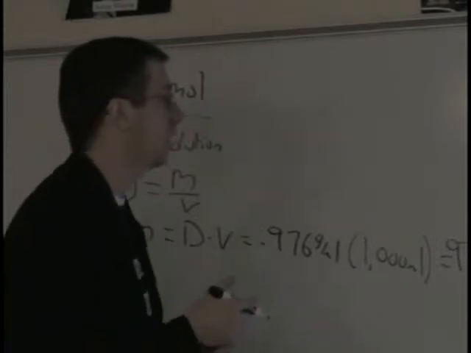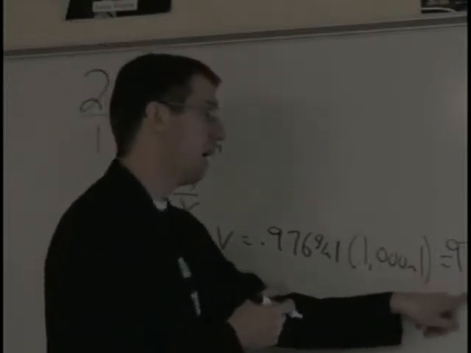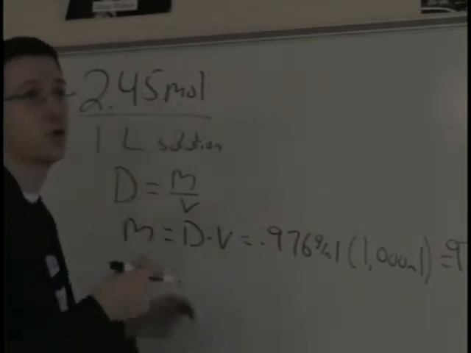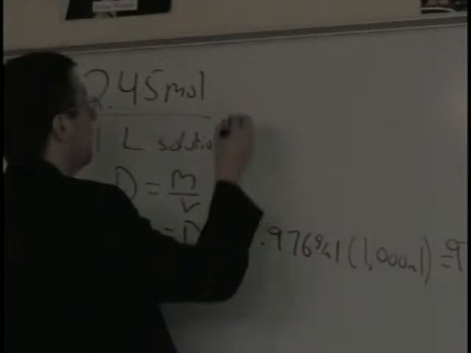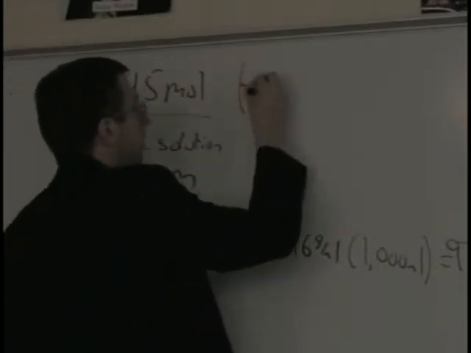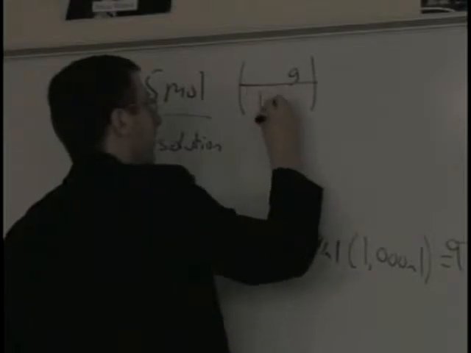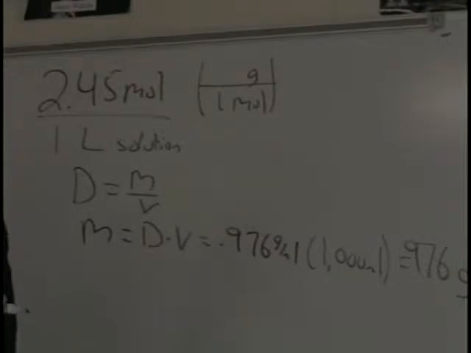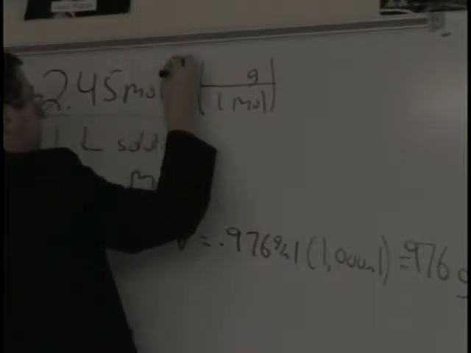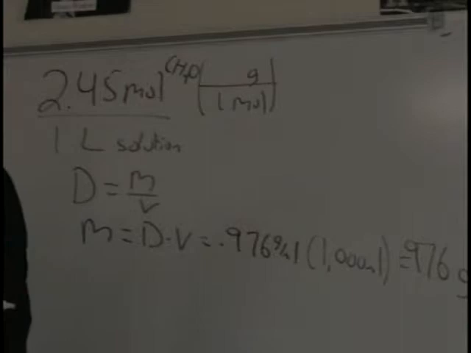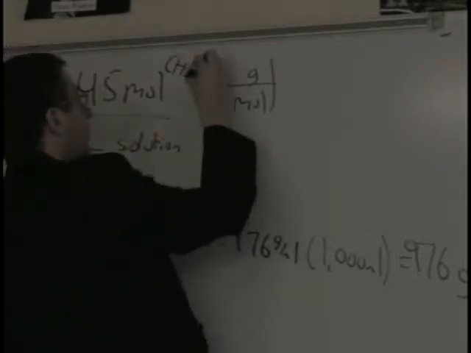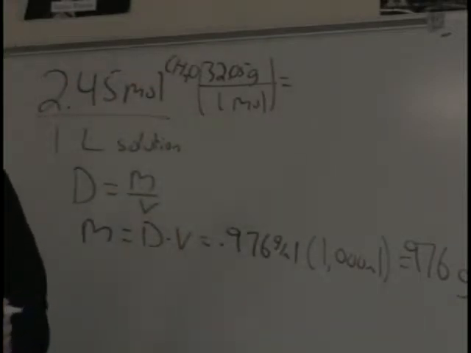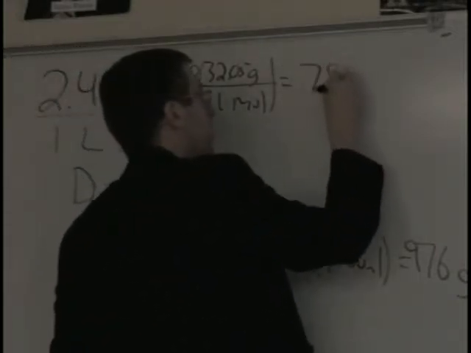The way I have to figure out that part is if this is my grams of solution, I can convert my 2.45 moles of solute into grams of solute and subtract it from there. So now 2.45 moles, I'm going to convert that into grams. I look at my periodic table and the mass for methanol, which is CH4O by the way, the mass of that is going to be 32.05. So now 2.45 times that number is going to get me 78.5 grams